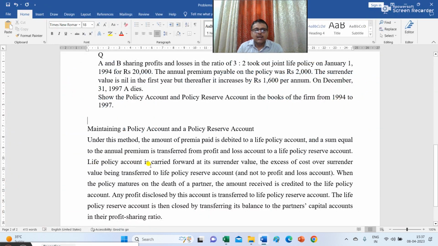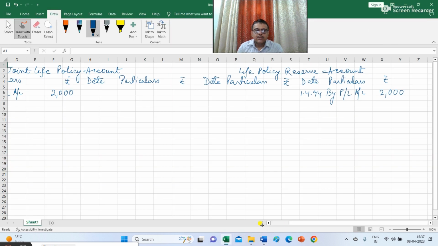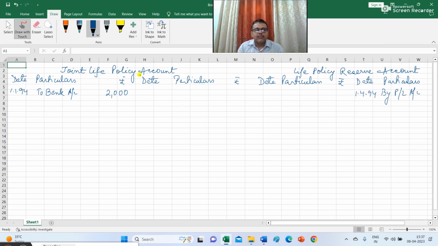Life policy account is carried forward at its surrender value, and the excess of cost over surrender value is transferred to life policy reserve account. So here in life policy account, it will be carried forward at surrender value. Now it is given that on 31st December 94, that is the first year, the surrender value was nil. So whatever amount is lying in this account, you have to transfer it to